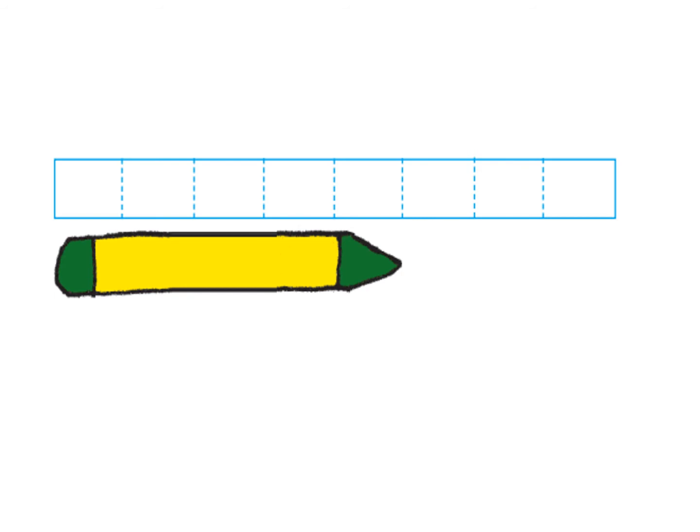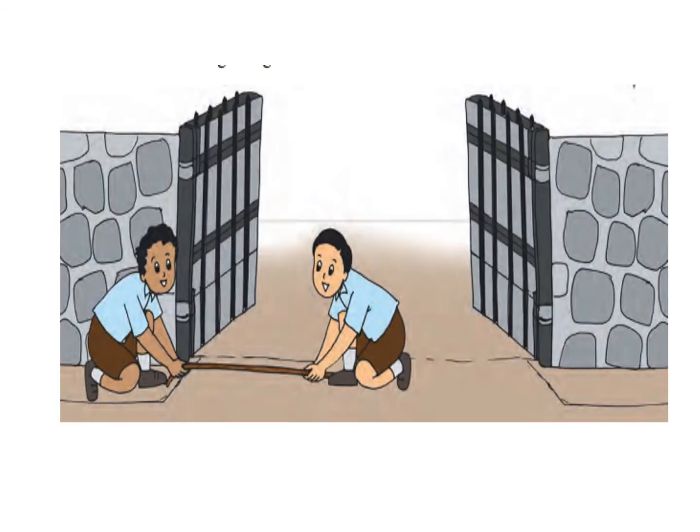I have a long string. Let's use that. Nandu says, yes, let's use the string to measure the distance between the gate posts. Tony says, the distance between the gate posts is equal to 3 strings. Tai says, it's easier to measure a great distance using something of a greater length, and to measure a shorter distance, it is easier to use shorter things. You have seen that for yourself, haven't you?